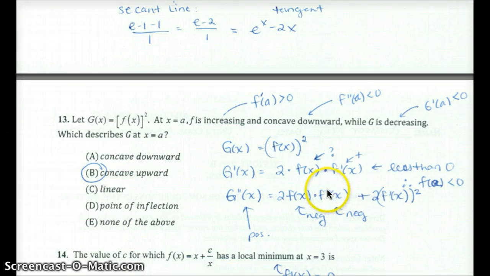And we know that f double prime of x is negative when we are talking about at a. And this definitely has to be positive because it's something squared. It doesn't even matter what f prime of x is. So we have a negative times a negative making something positive plus another thing positive, which means g double prime of x has to be positive, which means g has to be concave up, at least